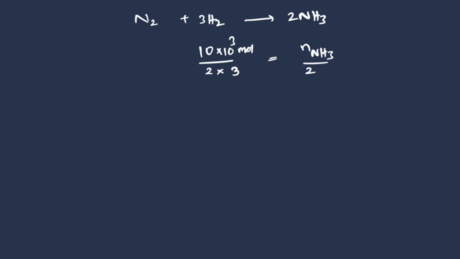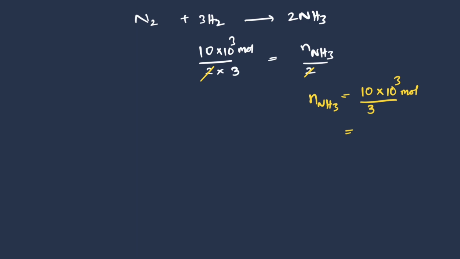Now this 2 cancels, therefore n of NH3 is equal to 10 into 10 power 3 mole divided by 3. Then we got the answer